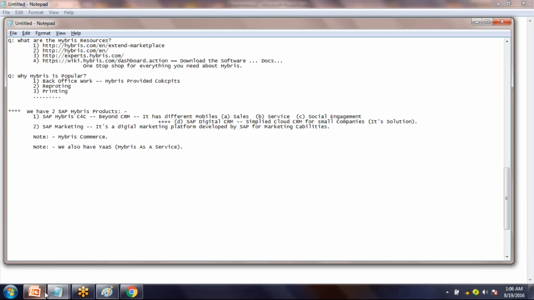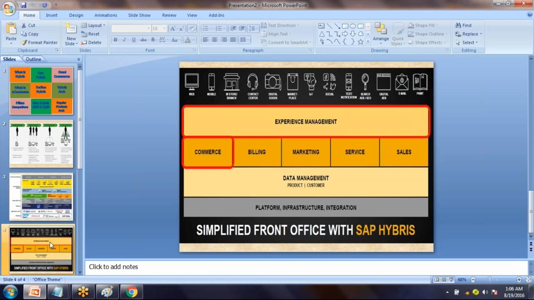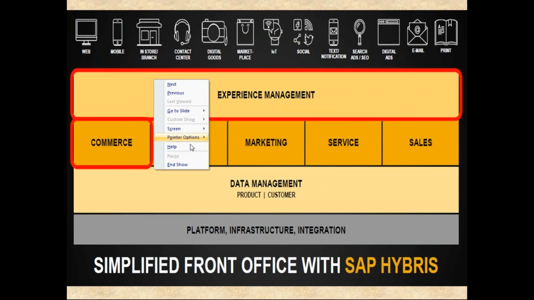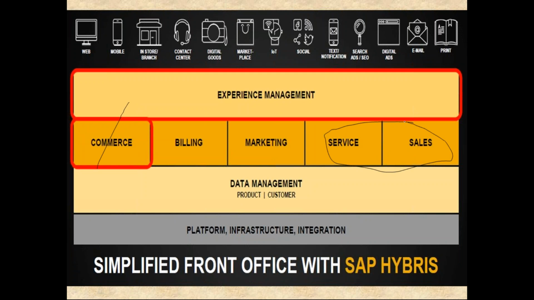Let's see the diagram now, the architecture of Hybris. If you look here, let me make it bigger. Let me take a pen point. Look here, this is the overall Hybris architecture. As we talked about, Hybris is e-commerce. Next, Hybris is the CRM. See here, this is the CRM. Hybris is marketing, which we have seen just now. And Hybris also has billing, which is again different. Then it also has a lot of integrations.